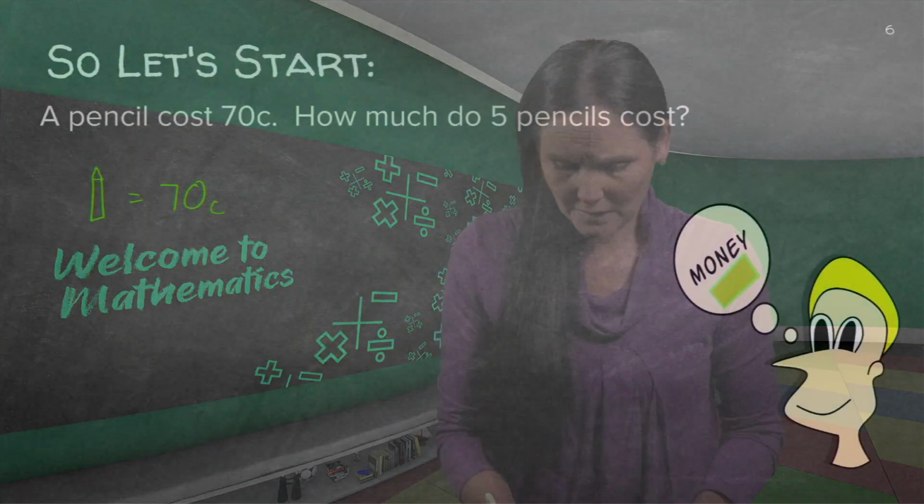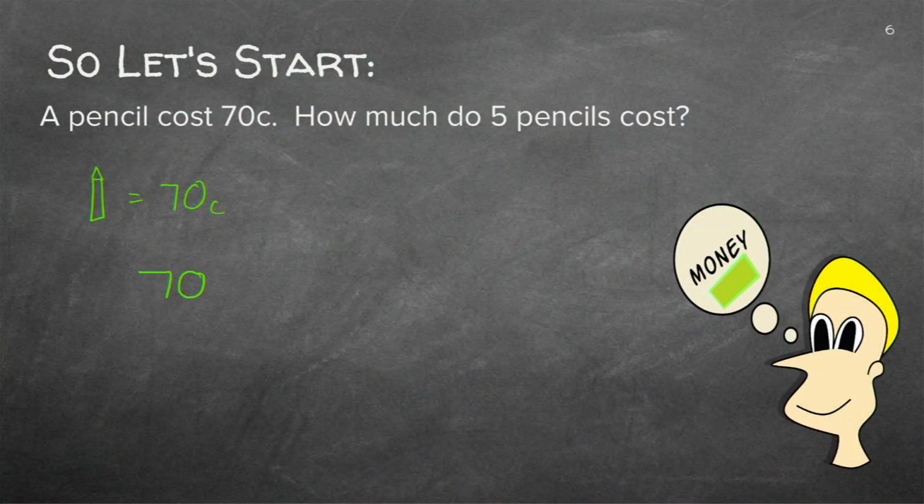What calculation do you think I'm going to use there? Division, subtraction, multiplication, or adding? Yes, if you said multiplication, that is correct. But if you also said addition, that's also correct. You can go 70 plus 70 plus 70 plus 70 plus 70. But it's much easier to go 70 times 5. So one pencil costs 70 cents, but how many do I need? 5. So the answer will be 7 times 5 equals 35, and put the 0 back.